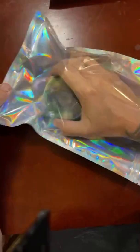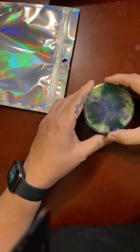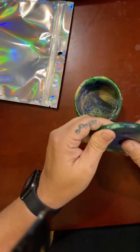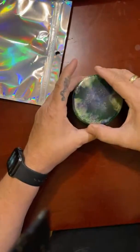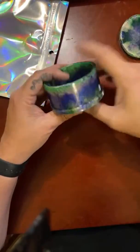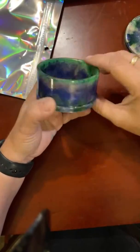And then this one, like the lid flipped. It's a little warped. This one, the lid's not staying on it, so I'll probably take this one out of circulation. I'm going to take this one out of circulation, and I'm going to tell you why. The lid doesn't want to stay on this one, which is fine. I'll either make a new lid for it,